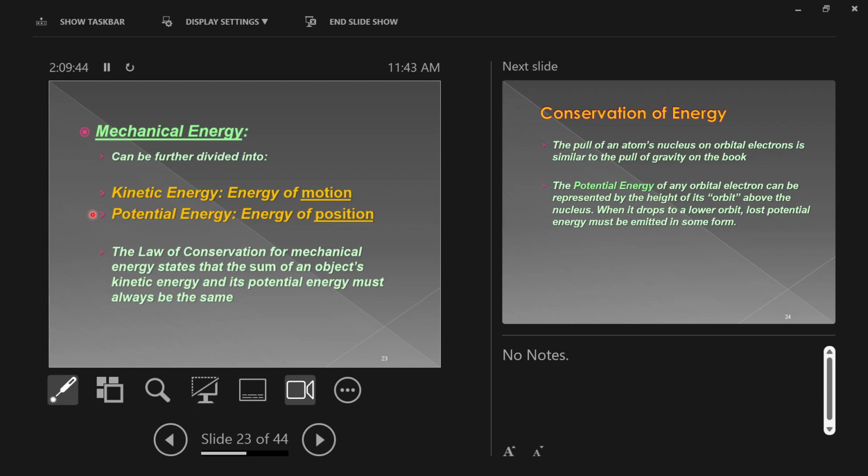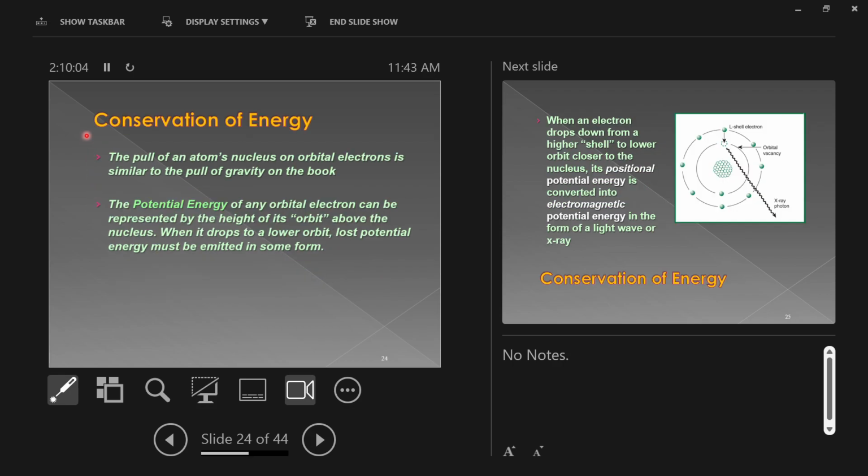Potential and kinetic are going to become important inside of atoms. Okay, I'm not giving you this whole talk so we can understand how pens can move and fly around rooms. I'm doing this whole talk so we can understand how energy is conserved and exactly what forms energy takes so that we can talk about atoms, which is the subject of next class. So let me give you the law of conservation of energy within an atom, okay? The pull of an atom's nucleus,